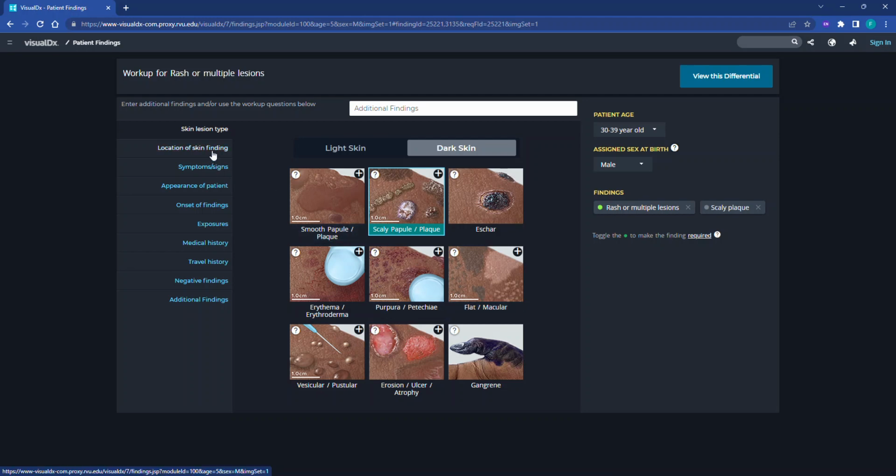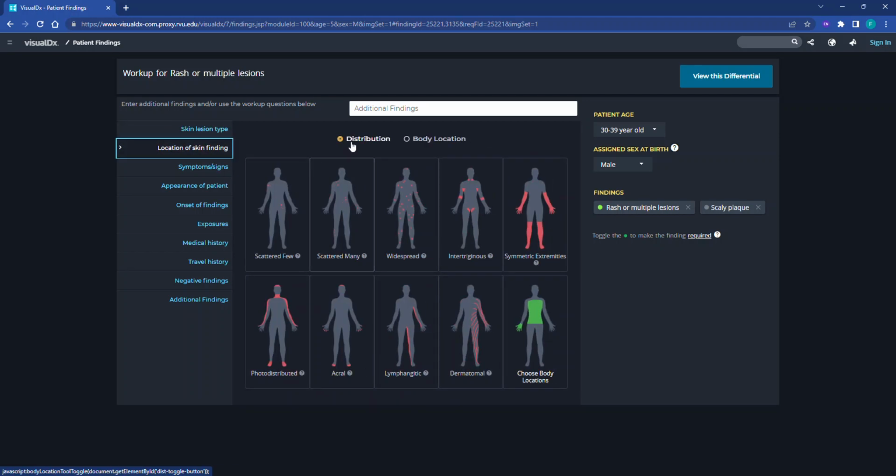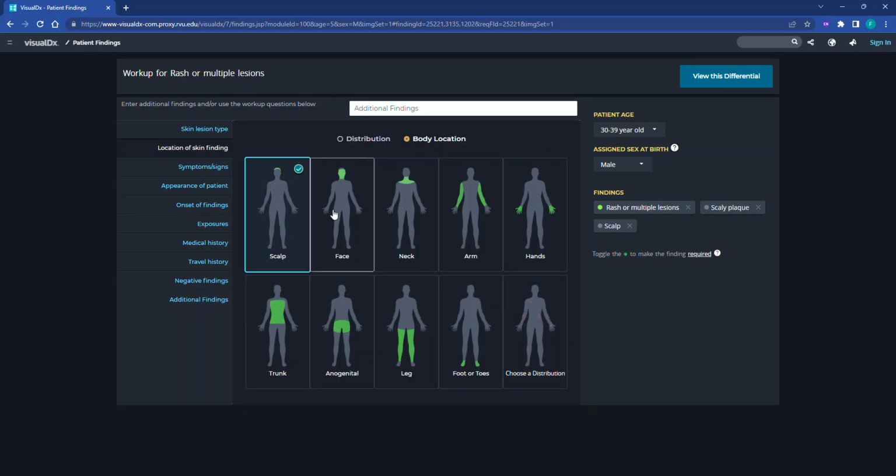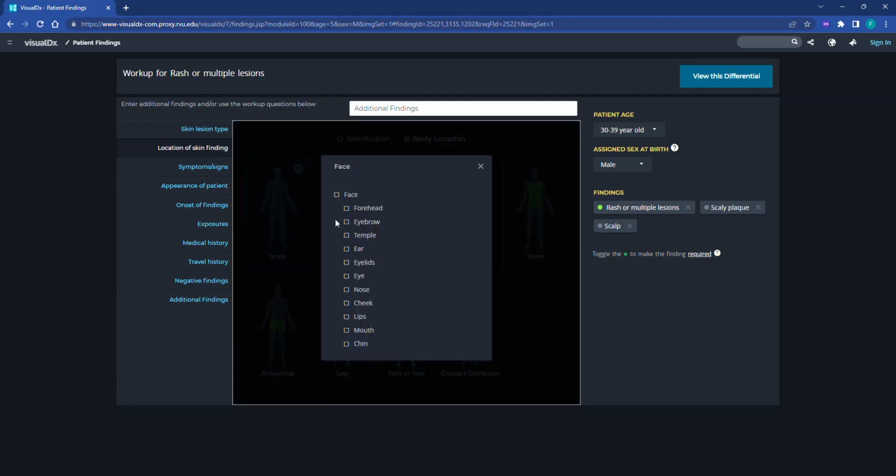Under location of skin findings, you can choose a distribution or body location. For our example, we'll choose body location. We'll first choose scalp. You can choose all scalp, or you can get granular by area. For ours, we'll choose scalp, and then click off. And then we'll also add in face here and add some granularity. We'll choose the forehead. We will choose the eyebrow, as well as the nose here, and then we'll add those